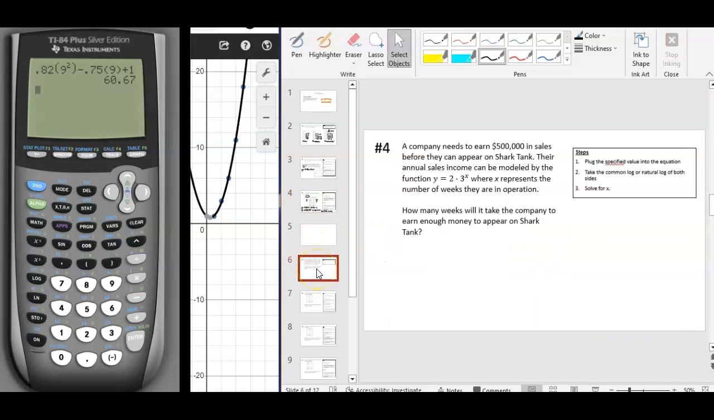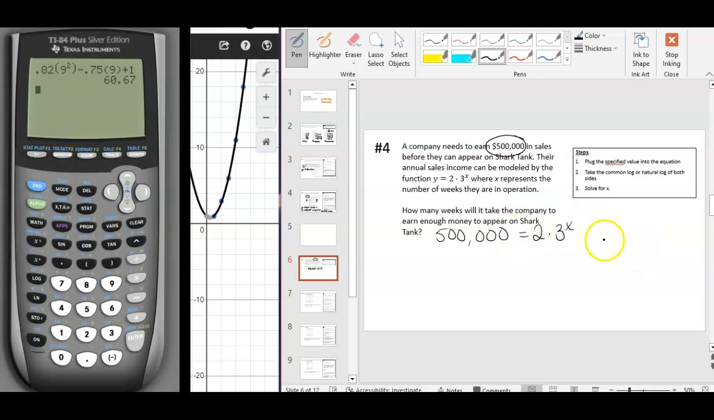Okay, so now let's try this problem. It says that a company needs to earn $500,000 in sales before they can appear on Shark Tank. Their annual sales can be modeled by the function y equals 2 times 3 to the x, where x represents the number of weeks they are in operation. How many weeks will it take the company to earn enough money to appear on Shark Tank? So this problem kind of gives us an endpoint, right? We want to be at $500,000, and we want that to equal 2 times 3 to the x,